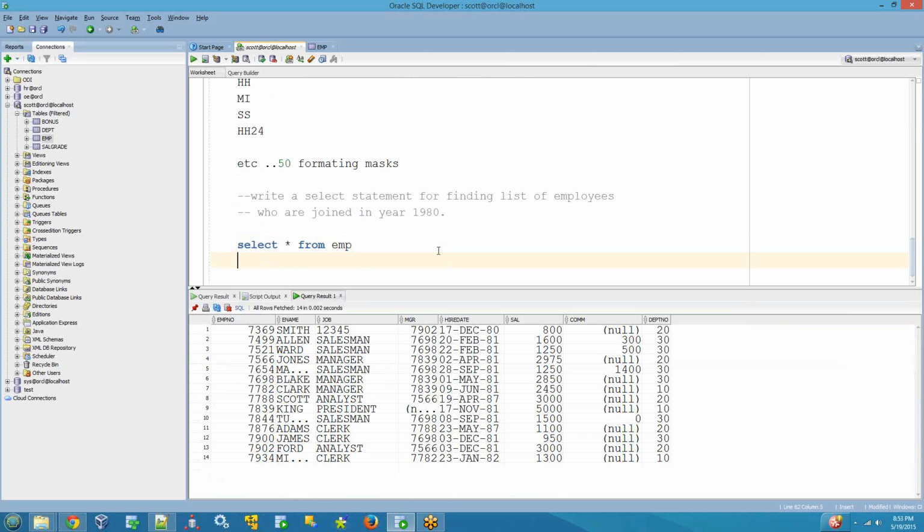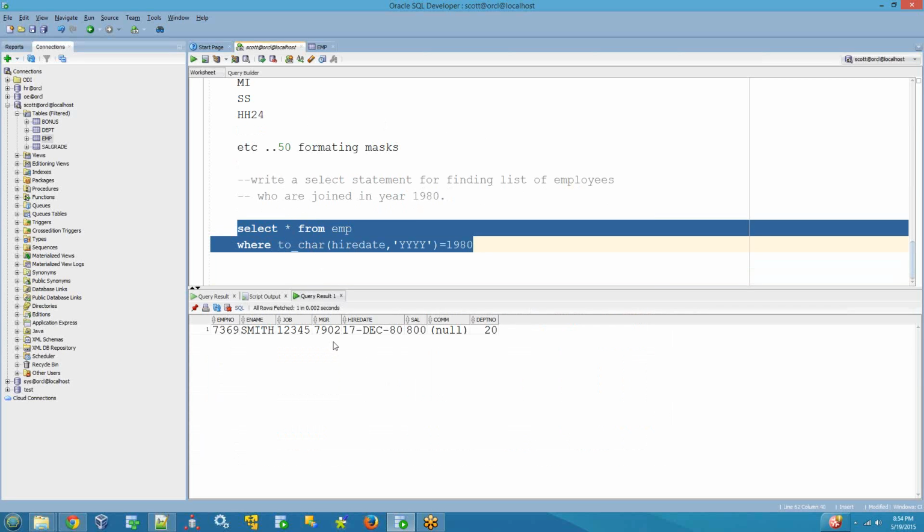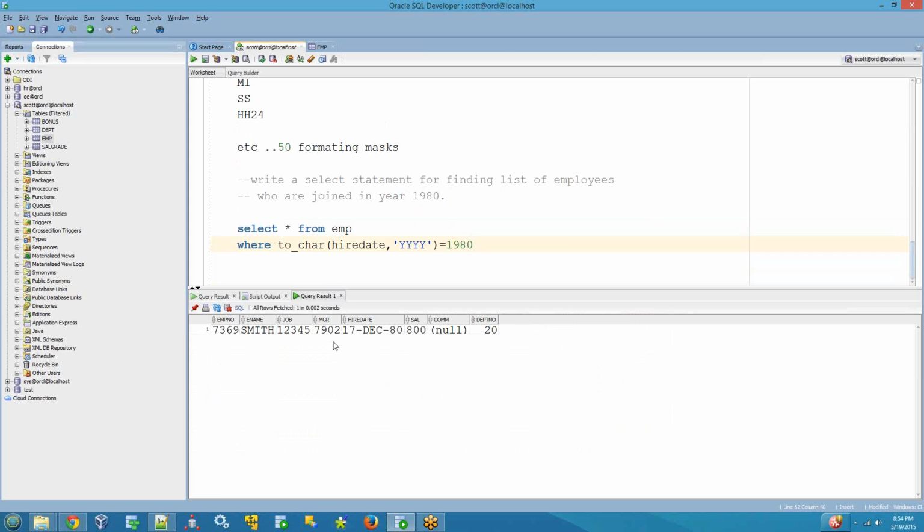To-char hire date, comma, where to-char hire date, comma, 1980. No, here you need to extract the year, right? How can you say 1980? 1980 is not a formatting mask, right? Four Ys. Four Ys is equal to 1980, semicolon, from employee. Only one employee joined in the year